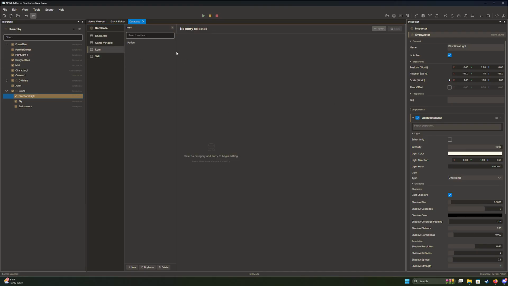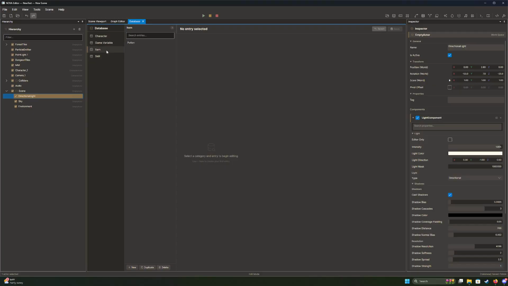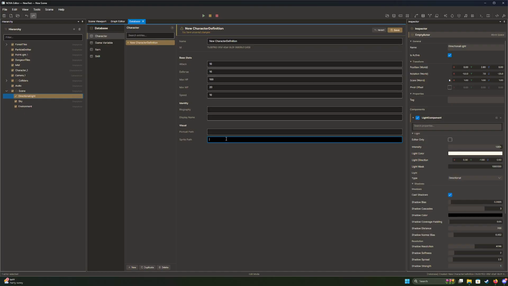These are defined in C sharp, the table definitions. So you define the rows in C sharp, or the columns and everything, how the actual data is stored. And then you can add your own items to it. And it's pretty simple. So let's say, let me add a new character here. And so you get your character definitions, you get attack, defense, HP, MP, speed, biography, display name, portrait and